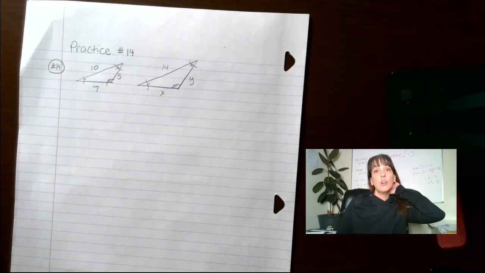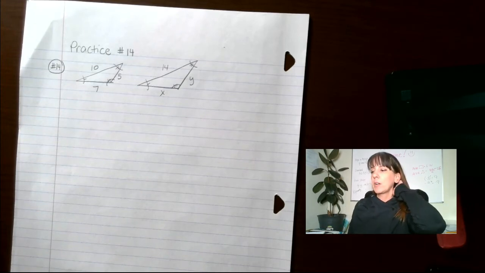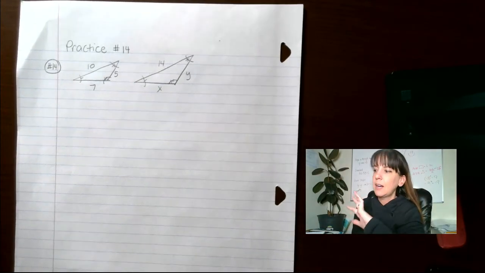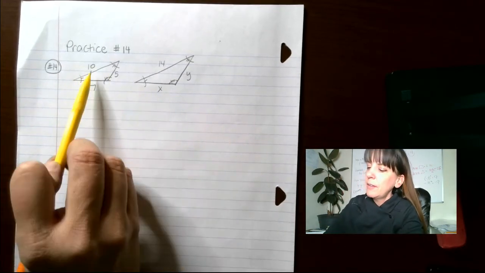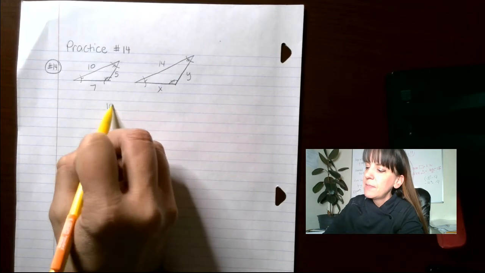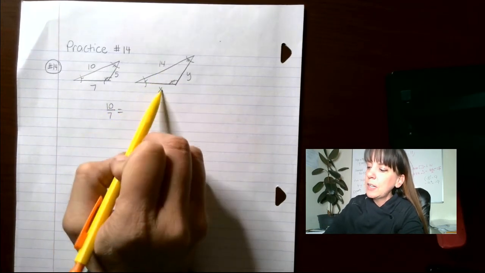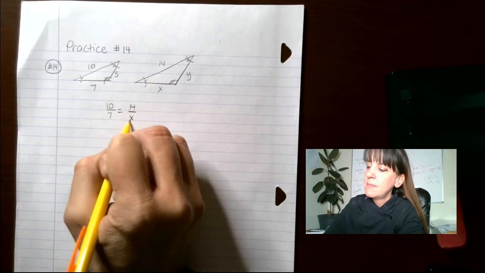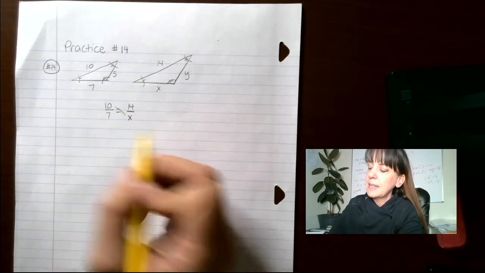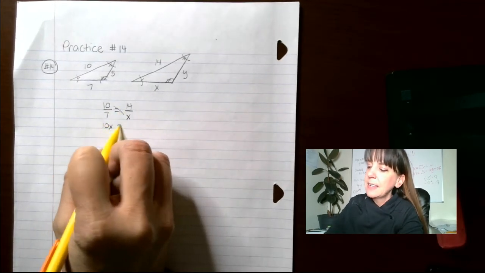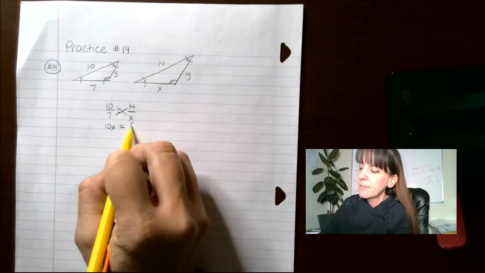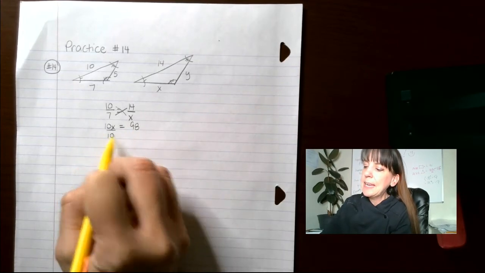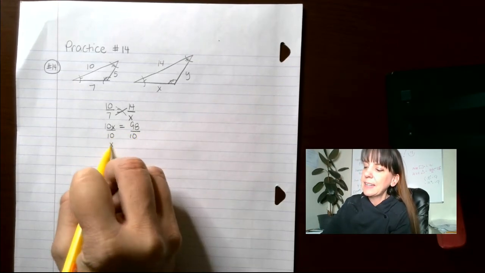Now, there are no practice problems, but I want to do 14 with you. So go ahead and pause the video, give it a shot, and then come on back. So if I do 10/7, that's going to equal 14/x. Cross multiply, we get this times this, which gives me 10x equals this times this, 7 times 14, 98. Divide by 10, x equals